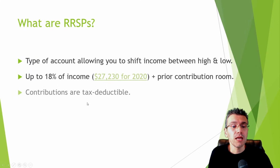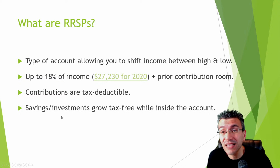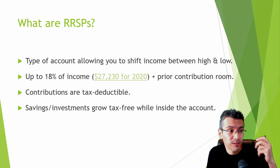Contributions are tax deductible, so any contribution to it will reduce your taxes. We discussed this in the past. Savings and investments grow tax-free while they're inside of the account. So as long as the money stays inside of the account, you don't have to pay any taxes. You're allowed to buy and sell investments as you go. That's not a problem. Just do not take the money out, because as soon as you take the money out,